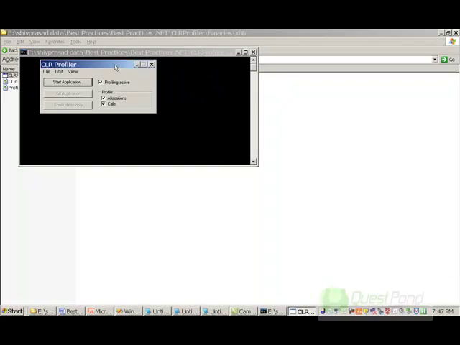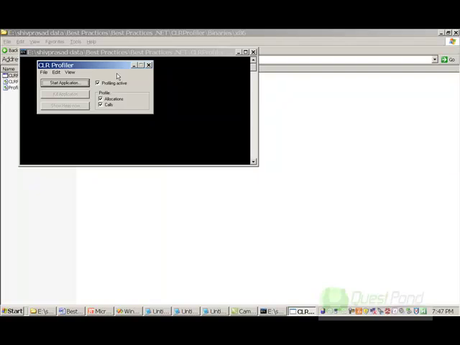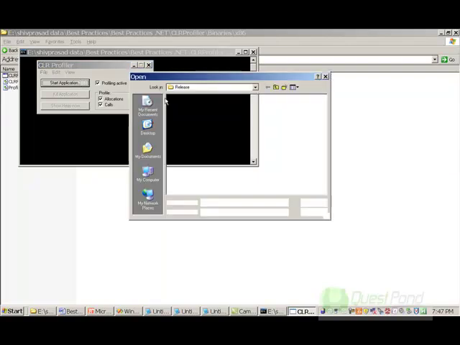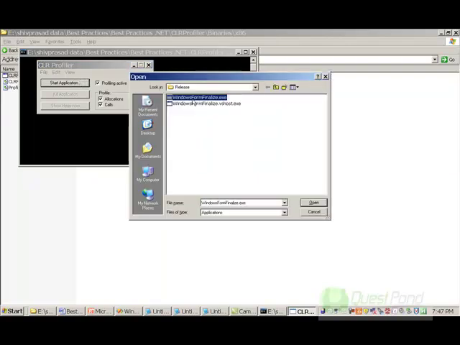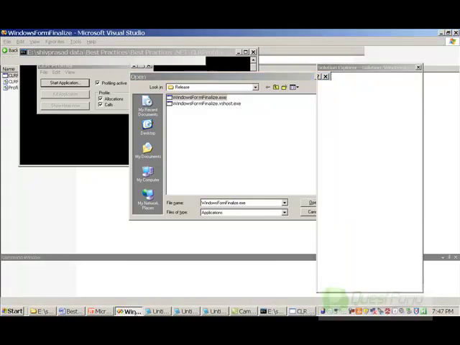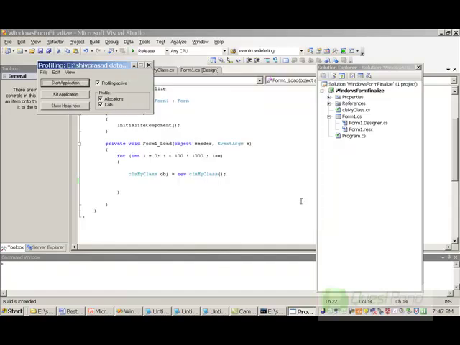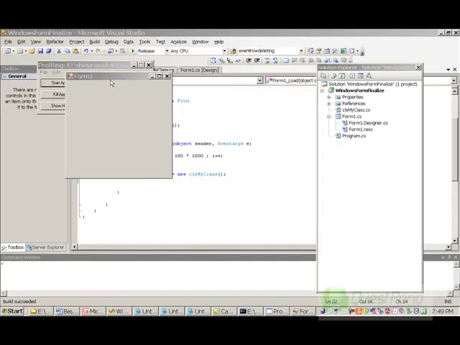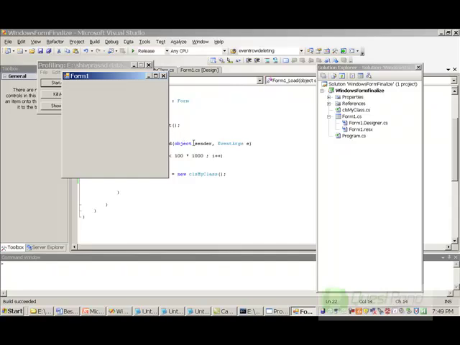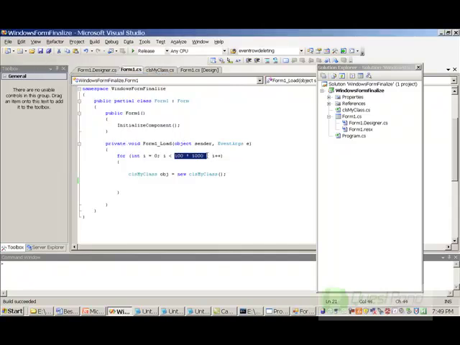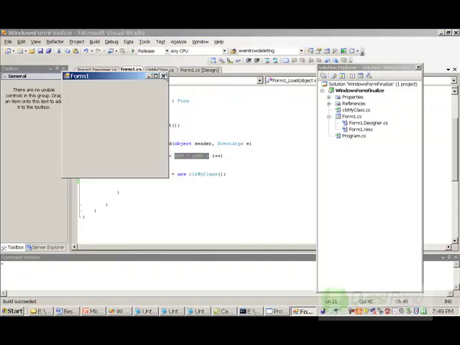So let's run our CLR profiler. In case you're new to CLR Profiler, please do look at our best practice number 1 video where we explain CLR Profiler from basics. So let me go and browse the application. Here's my Windows form finalize. This is the same application which we had talked about previously, and let me run it. Okay, now that our application has run fully and it has basically created 100 into 1000 objects. So let's close this